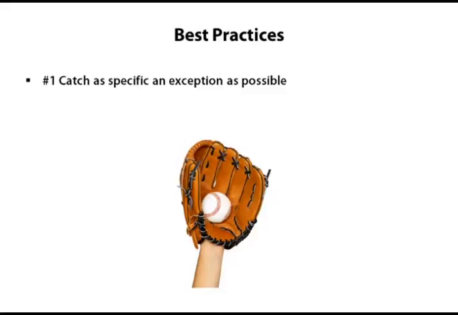But in general, you want to be as specific as possible, because the more specific an exception that you catch, the more likely that you're going to be able to do something beneficial with that exception when you catch it. And also, you're not going to take away that exception. It really is bad when you just catch the general exception and you end up catching exceptions that somewhere else in the code or higher up the call stack someone could have done something meaningful with, and you've caught that exception because you had made your exception handling too wide.